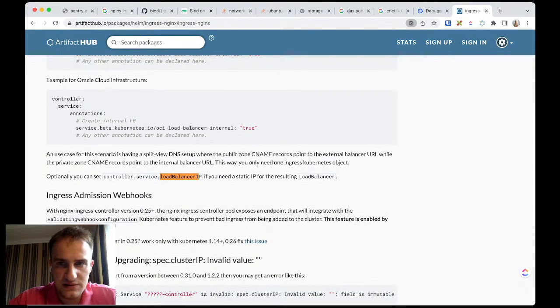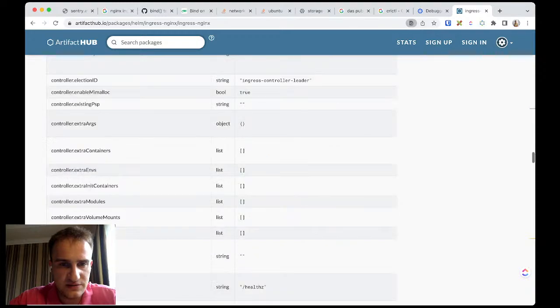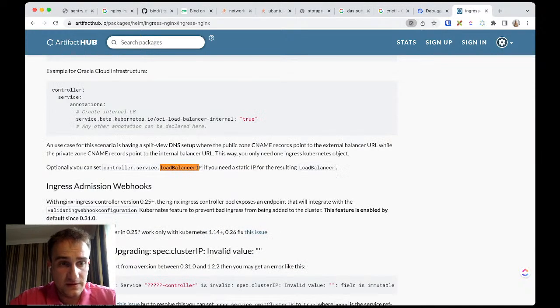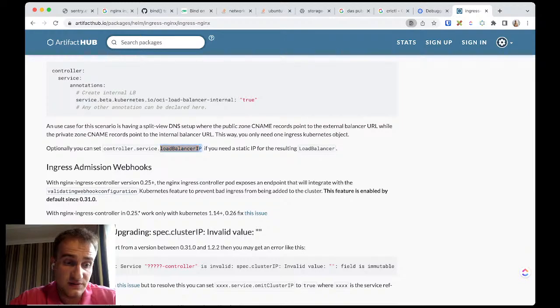Okay, so we have it somewhere else, right? So we have it set up properly. There is no doubt that it's used with the scenario having split DNS setup, CNAME, URL, CNAME. This way you can optionally set up a static IP for the resulting load balancer, right? So we have this setup,